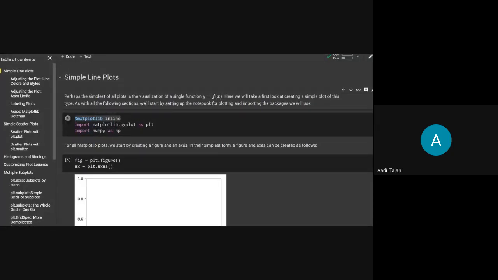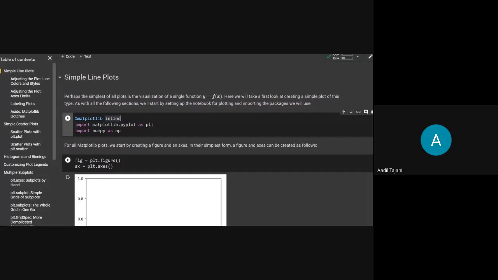But in a notebook you are writing code, and if you want to see the plots below and interact with them there, you have to use this command and run it just one time in your notebook. Further on, if you plot anything, it will show it right below the command. By default nowadays, Jupyter and Colab already use matplotlib inline, so even if you don't use it, you will see the plots as we want.